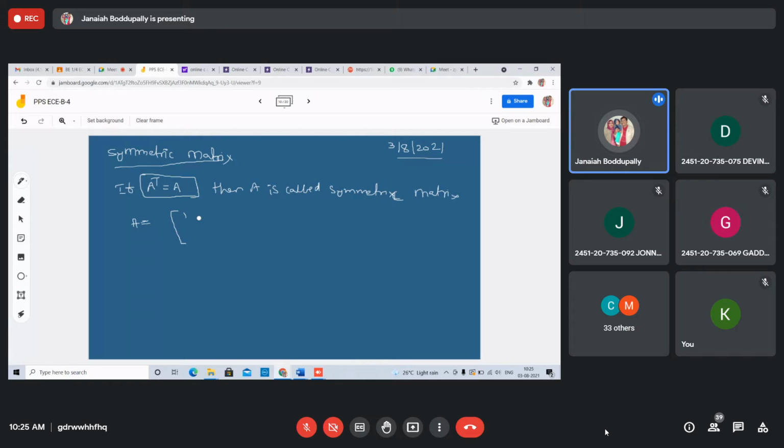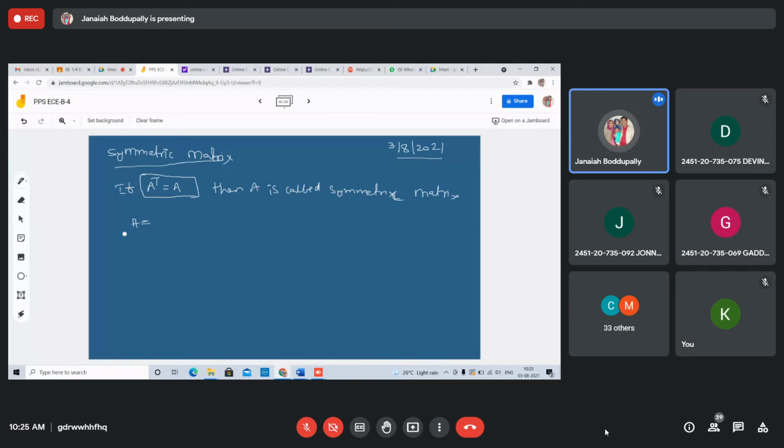For a symmetric matrix, I am taking a 3 by 3 matrix. Or simply you take a 2 by 2 matrix first. Any 2 by 2 matrix, show that.